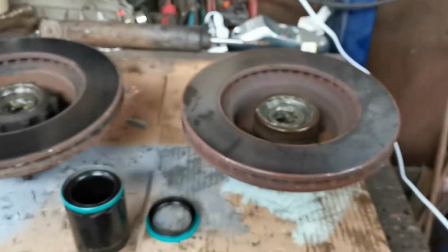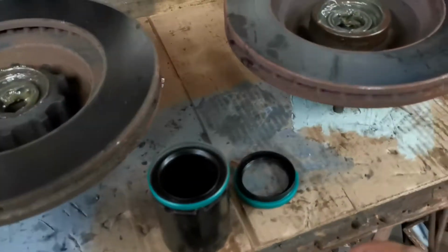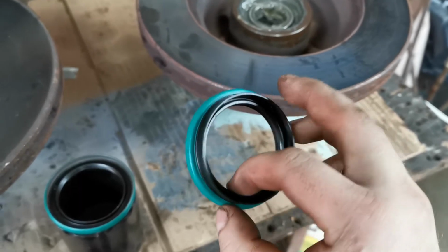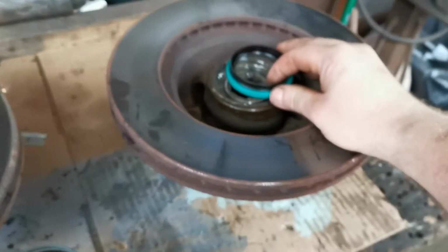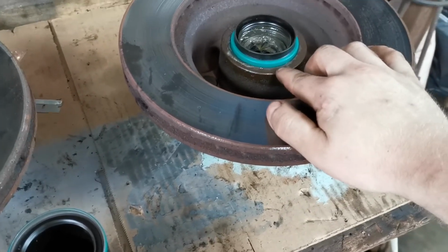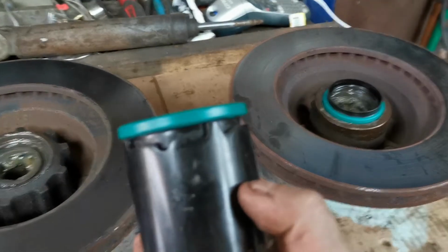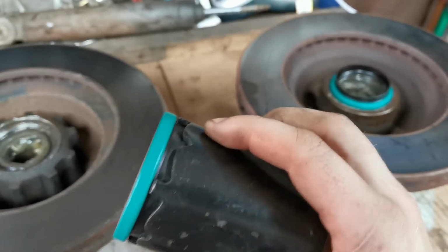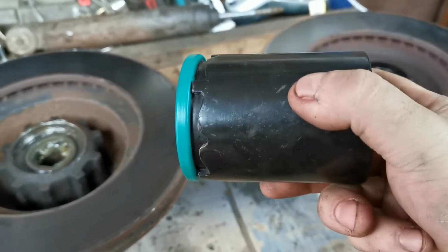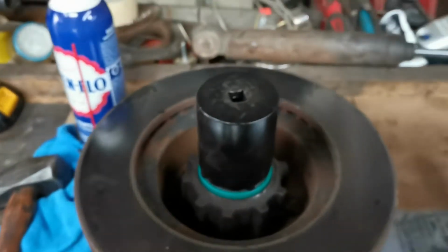But anyway, what we're going to do is go ahead and put the seals in. Just wanted to show how I do it. So we have our grease seal. Your grease seal just sets in here, and you want them to be flush with the surface of the rotor. So what I usually do is look and see what I have for a socket that's going to fit over top and press on the steel ring. So we can put it in, and then we're going to tap on the